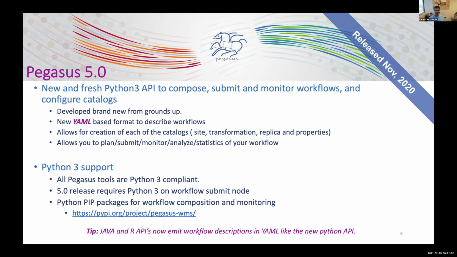So we've introduced a new and a fresh Python 3 API which allows users to compose workflows and in addition also submit and monitor workflows and configure catalogs. So we've put our eggs in our Python API. It's been developed brand new from the ground up. And as part of this effort, we've also decided to modernize our format, and we have come up with a new YAML-based format to describe workflows. Again, as an end user, you don't really need to worry about the format too much, but just focus on